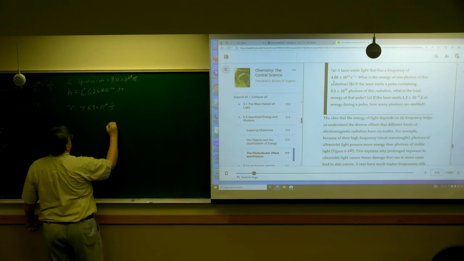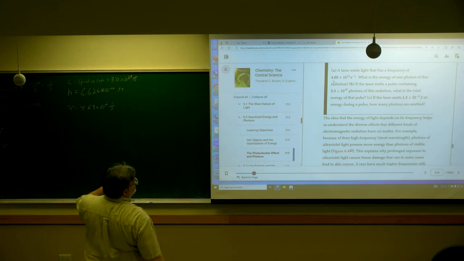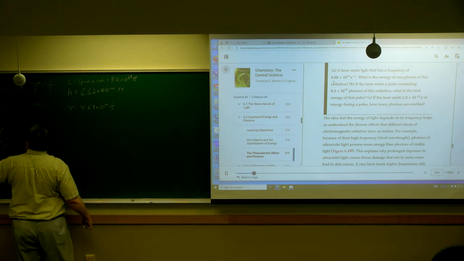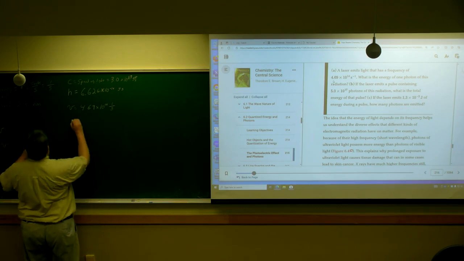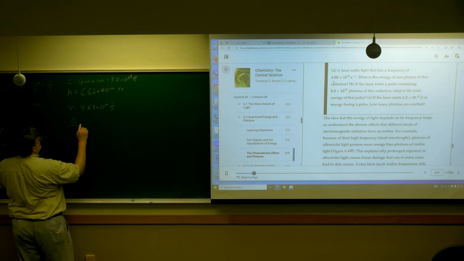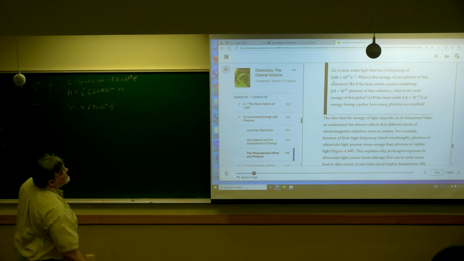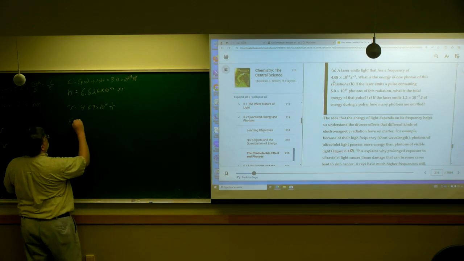So what is the energy of this? We're given this, so we're going to have to first solve for the frequency and then use the frequency here. So the frequency, or no, we're given the frequency. Is it asking for energy? Yeah, so we can just use this. So energy